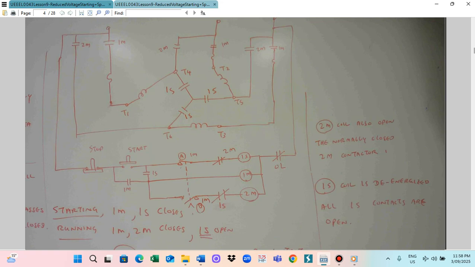And 1S with 2S are normally open, so 1A is de-energized. So the motor wheels are run with the tensor connection. This is why we use... So in this case, we need the